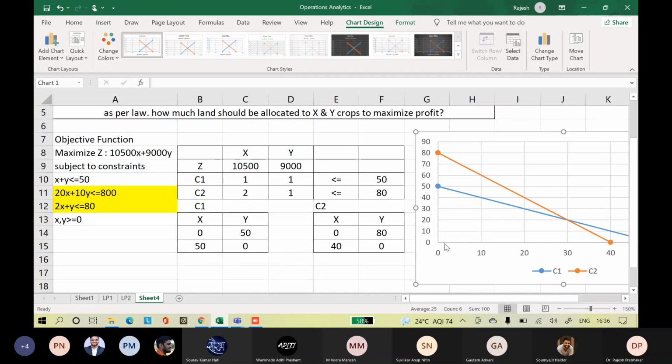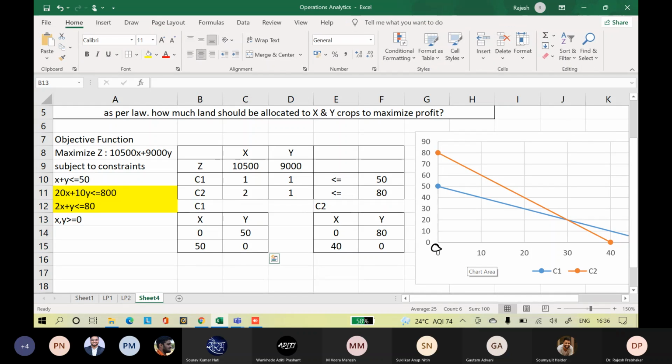So this is all the feasible region, right? We have a really large feasible region. So this would be O. Let us say this would be A. This would be B. And this would be C. So all this is your feasible region.